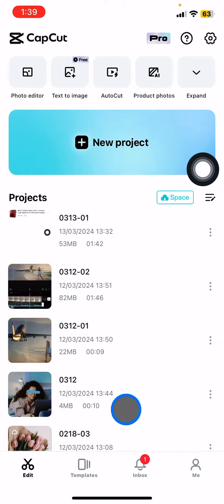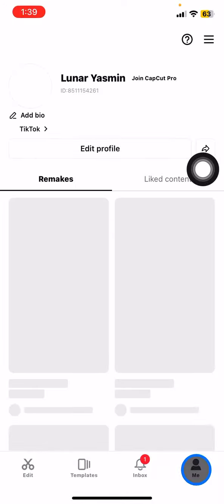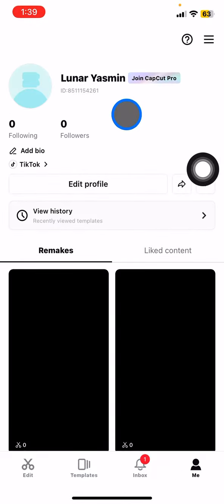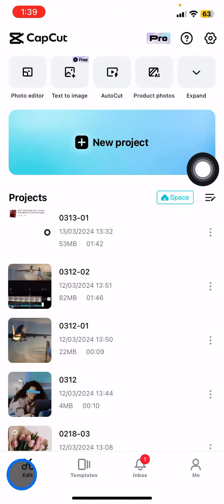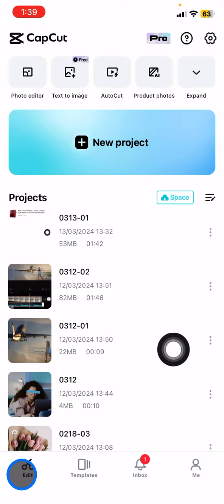After we open it, we need to make sure that we know the account that we use for our project here. Go click Me, and it will show you the profile of the account. Make sure that you know the ID and the password of this account to log into the CapCut application. And after you remember the account information, go back into the edit part,